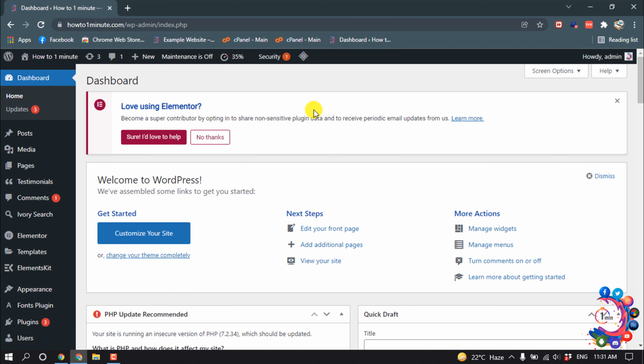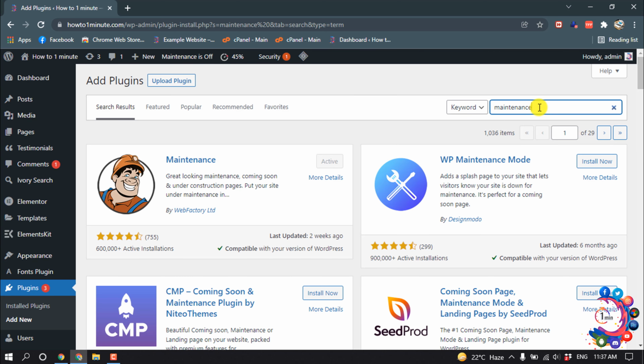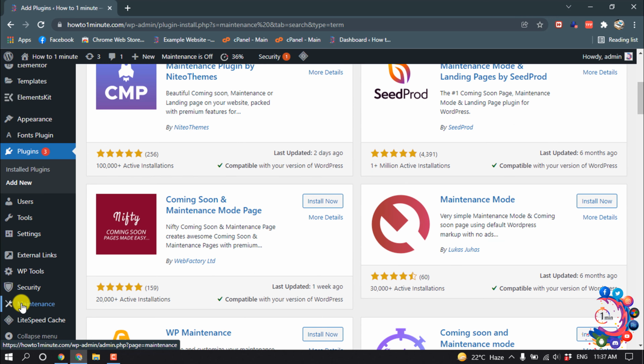So for that we have to install a plugin. Hover over Plugins and click on Add New. Search for maintenance, then install this maintenance plugin and activate it, and after that you will get this maintenance option here. Open it,